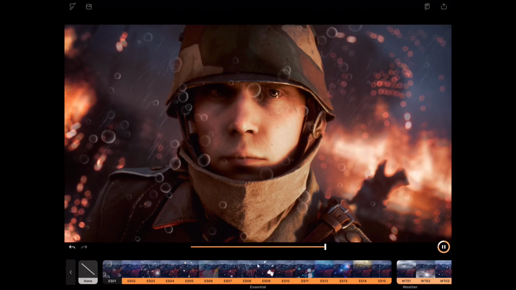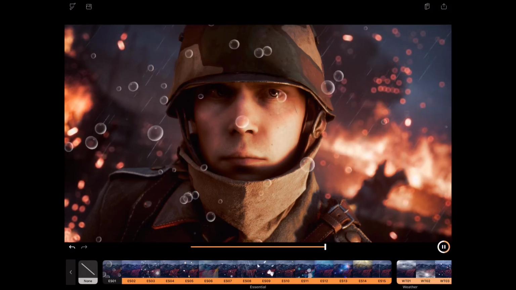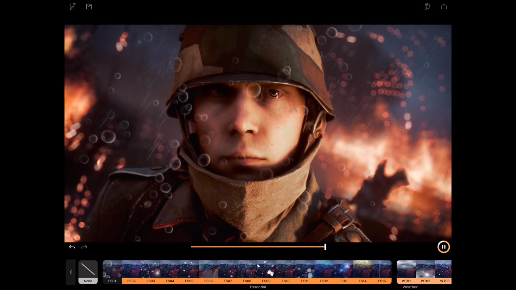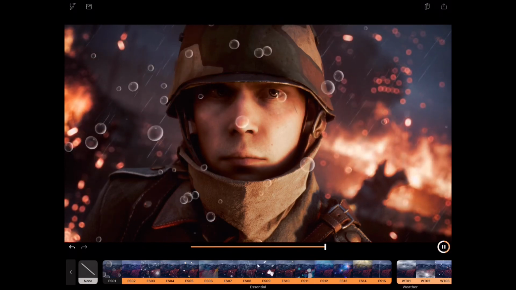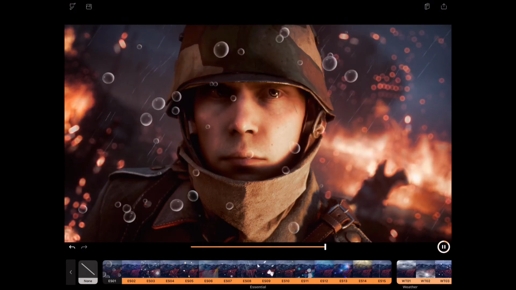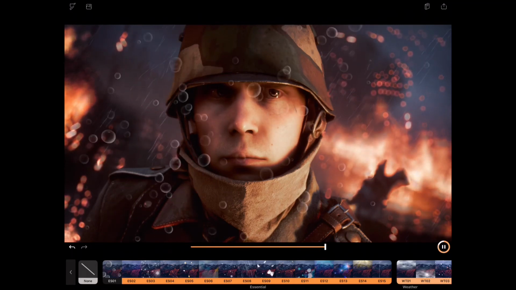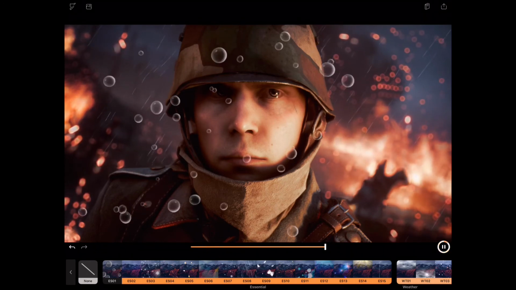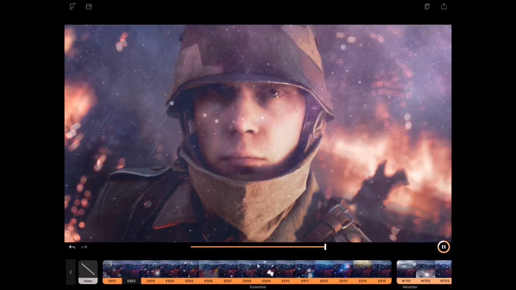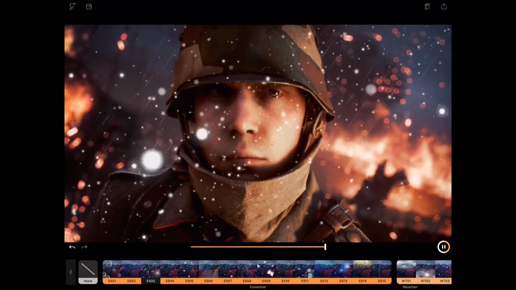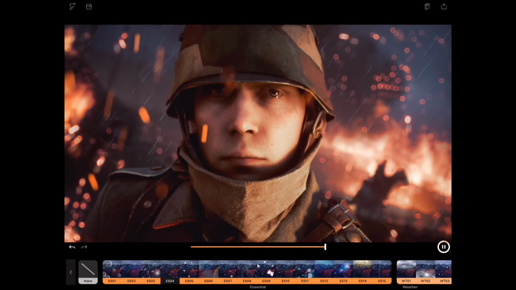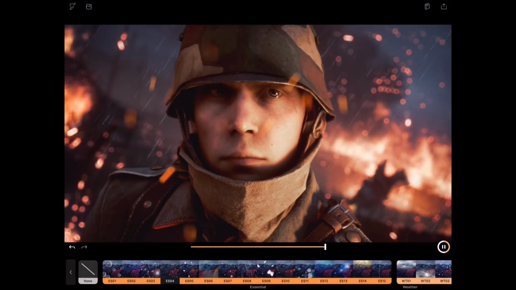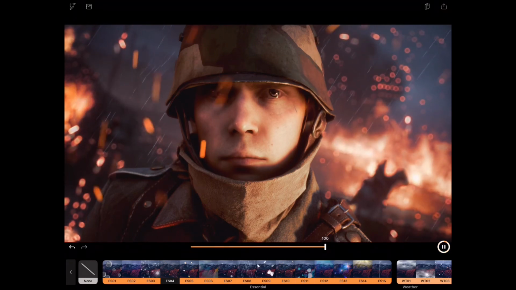So now we have bubbles, and it adds this whole layer of movement. We've got not only our foreground element of the guy, but we've got this particle interaction in front of him and this interesting particle interaction behind him. These are all presets down here, and they happen to have one, snow, more snow. They have this, which is just perfect for this image. It just completely sells it. And this is an opacity slider